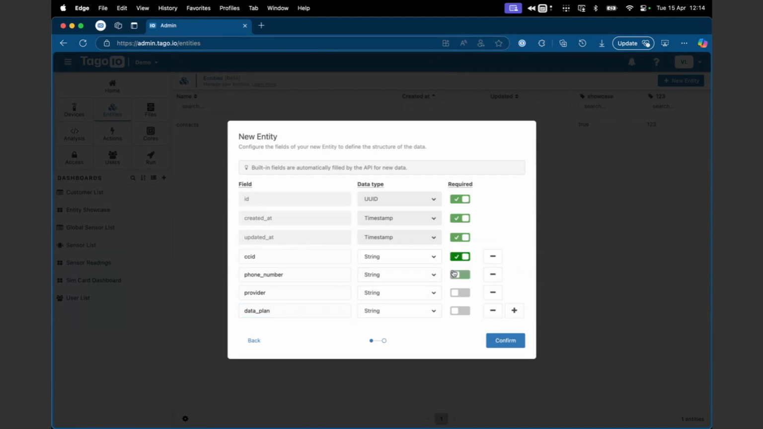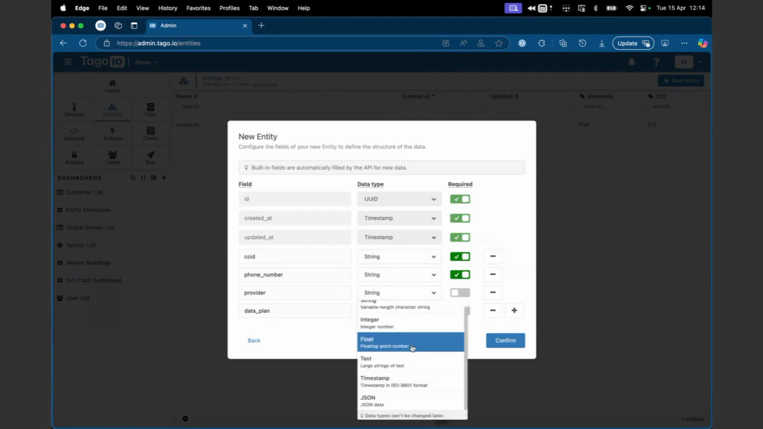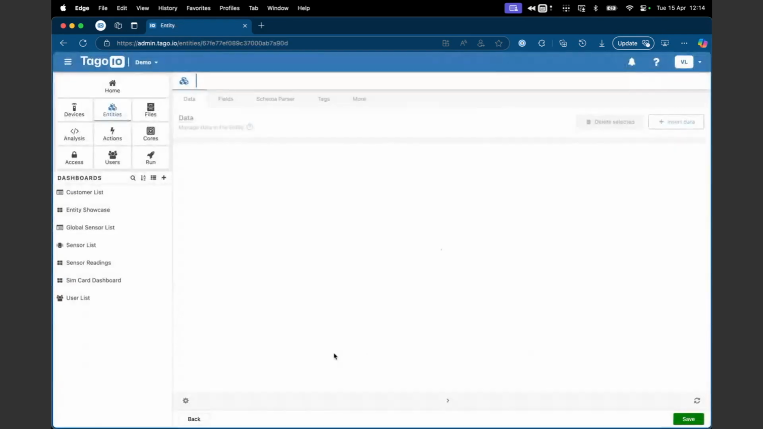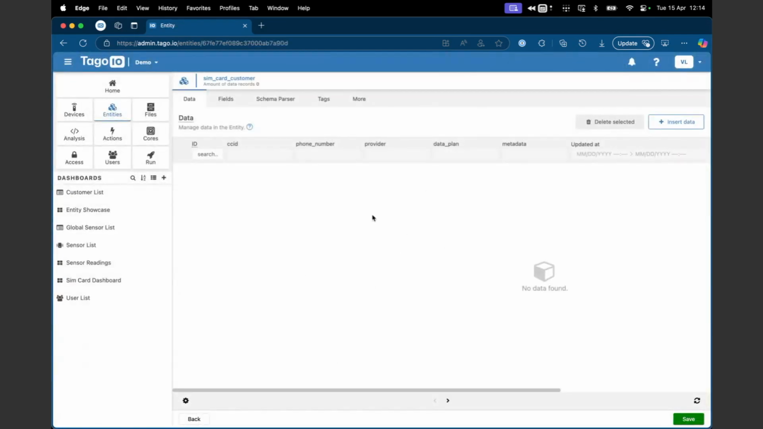So here you can choose what is required, and you can also choose the field type. So I'm going to use mainly strings here, but let's say you want to have an extra field or a metadata field, so you can use it for anything else that you think is not important for filtering, you can put it here as well. So let's create, and then we have our first